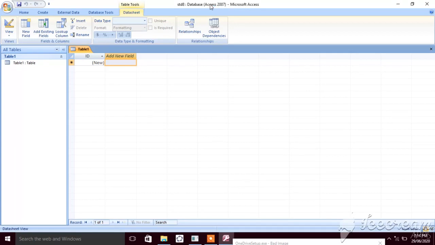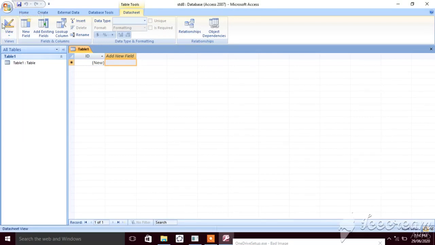Then the quick access toolbar. It displays the save, undo and redo buttons. Means you can quickly save any document by clicking on this save button. No need to go to file, then click on save.